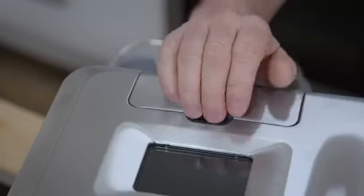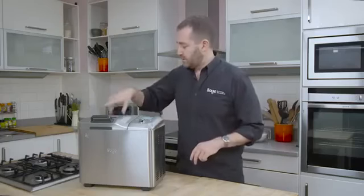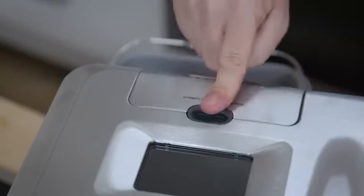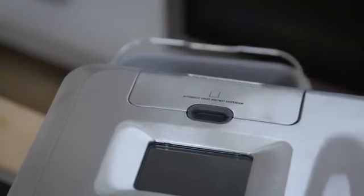And another really cool feature, we've got this fruit and nut dispenser. So essentially we can put our fruits and our nuts and our olives or whatever it might be into this section, and then at the right stage it'll actually dispense in, so we don't have to touch it through the process. Before I go through the features